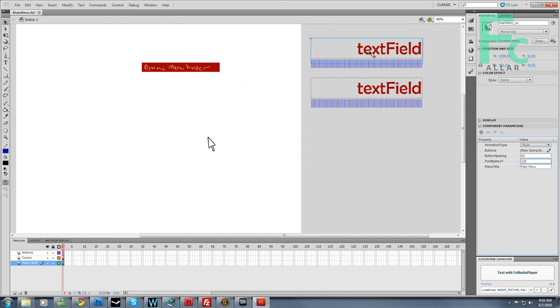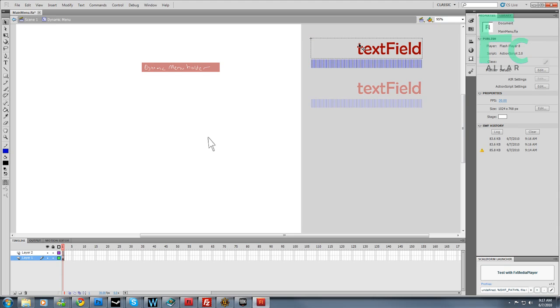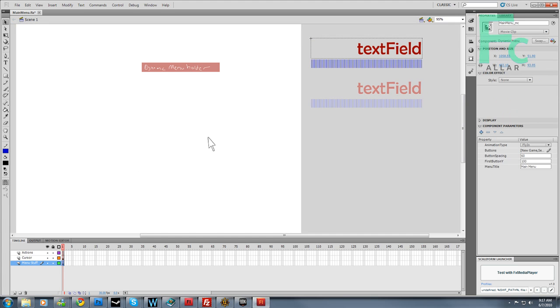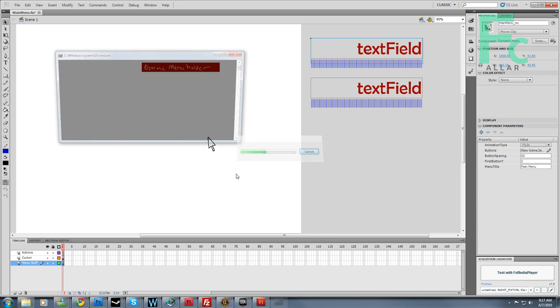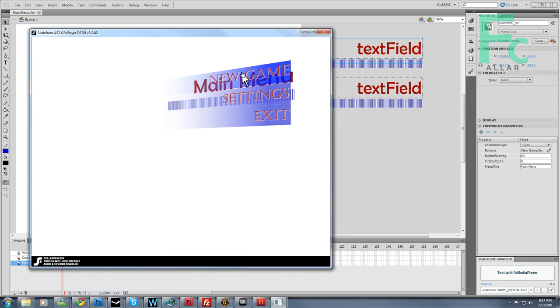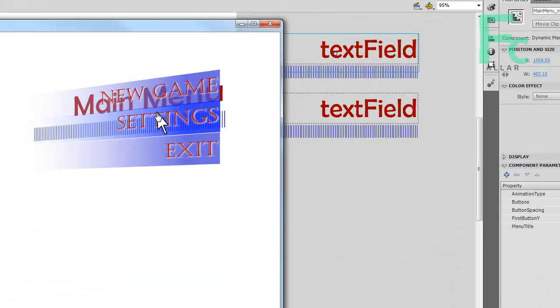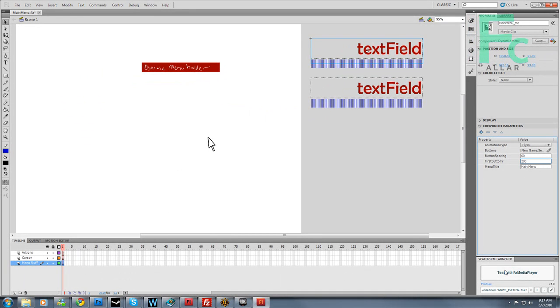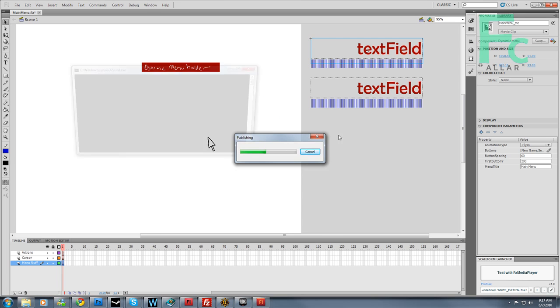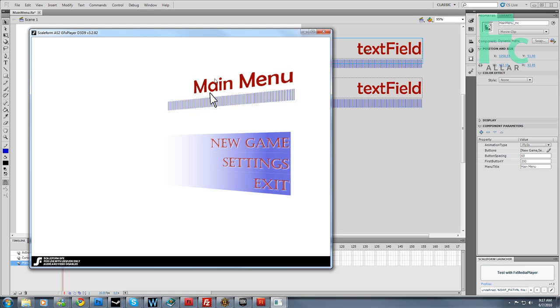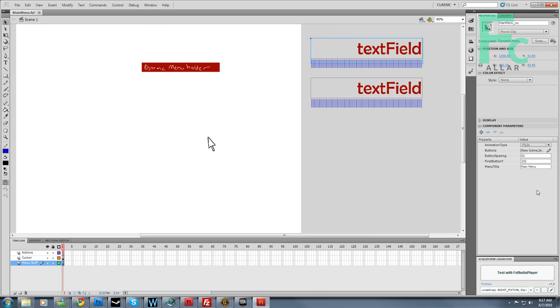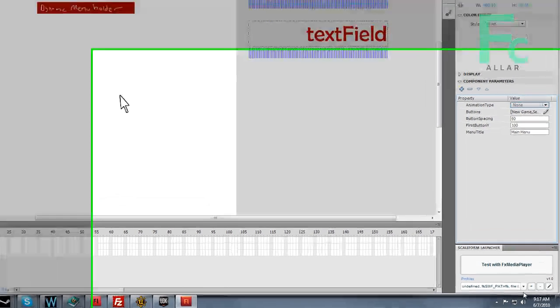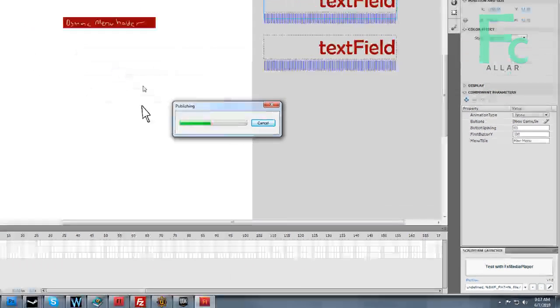Now, first button Y, that's the distance from the top of the component to the first button. See, right now, if I type this as 0 and I hit test, the buttons are going to be right on top of wherever the menu starts. And it's got this cool 3D layering effect going on, but it's not what we want. So I want to change this back to 200, just to show you that the buttons will now be 200 units from the top. So if you make the top of your menu different and bigger or something, then you might have to change first button Y. And for animation, let's change animation type to fly in, just to show you that it will take out the fly in animation,